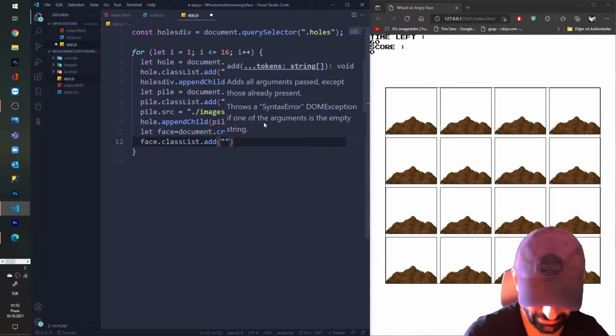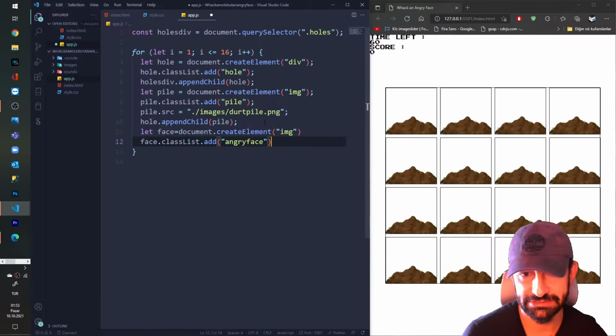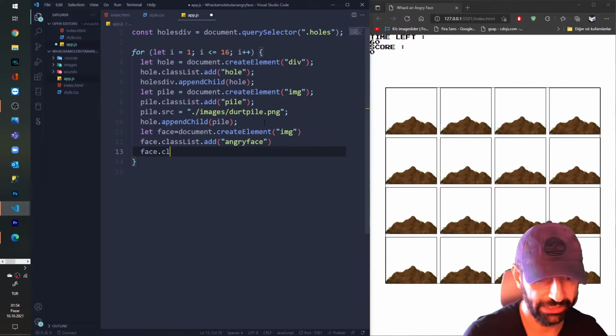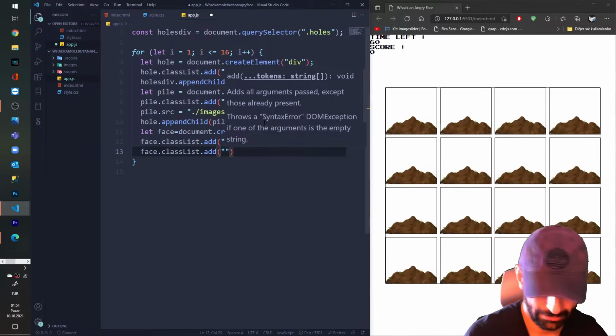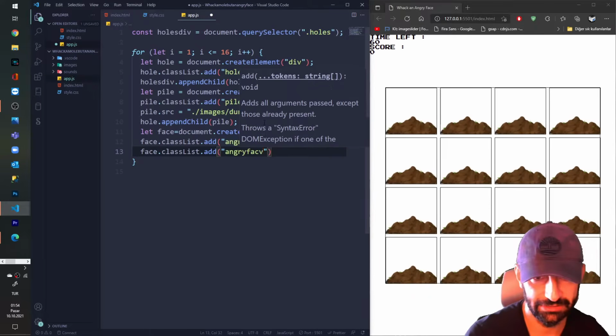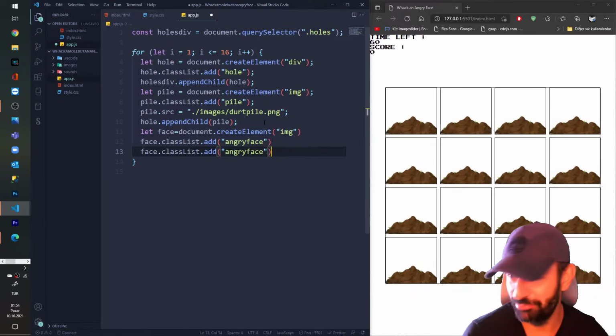We are adding the anchor face. Great. And inside the face, we are putting our class list add angry face, like the game of some kind sort of birds, you know.